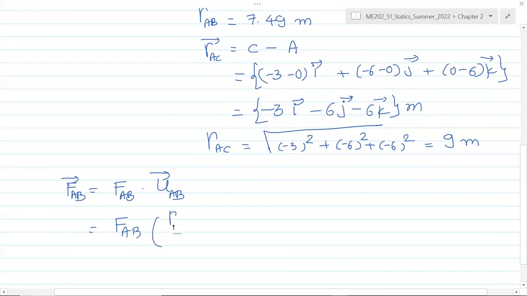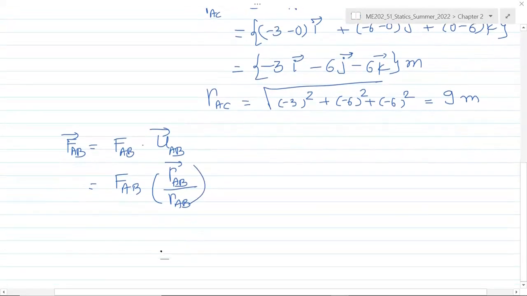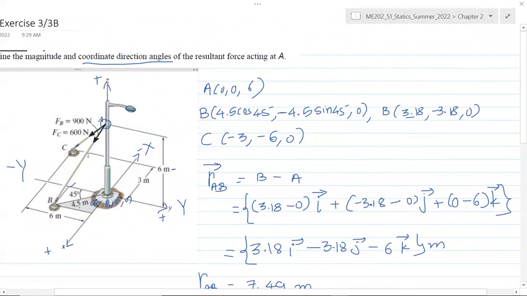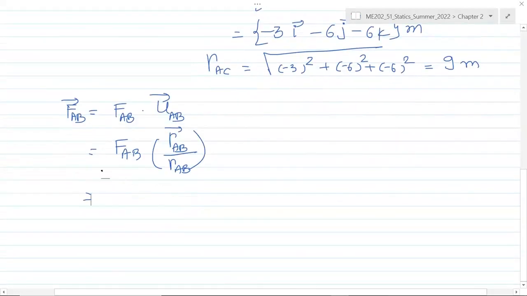So it's rAB divided by rAB. The magnitude of the force acting along AB, which is this cable, is given as 900 newtons. So it's 900 multiplied by